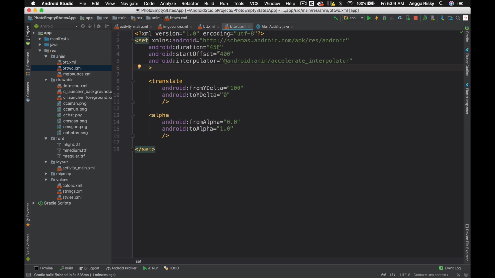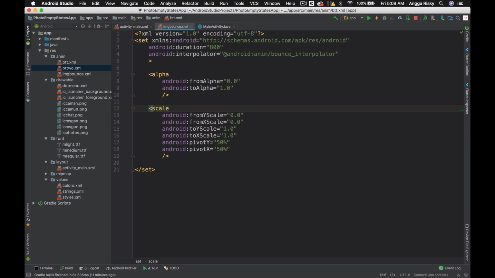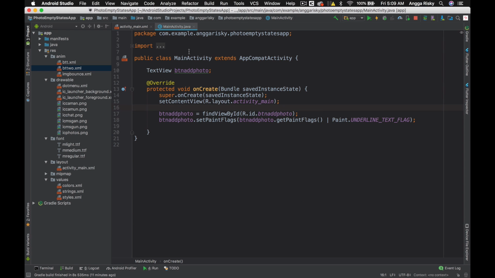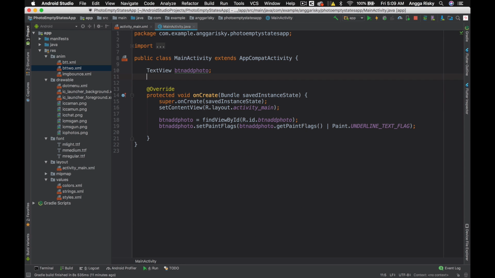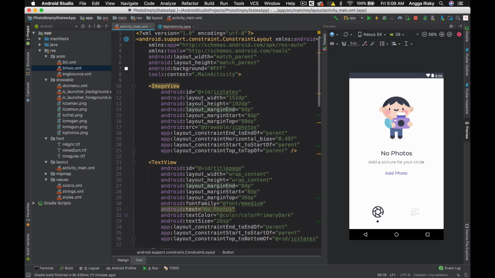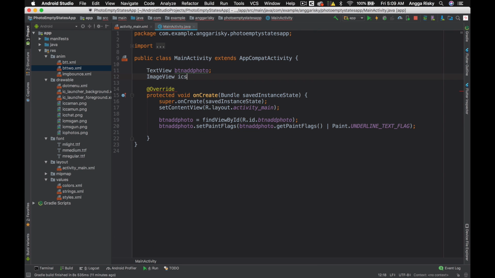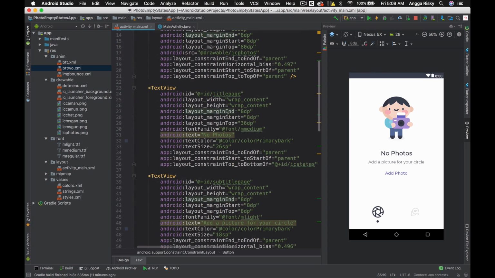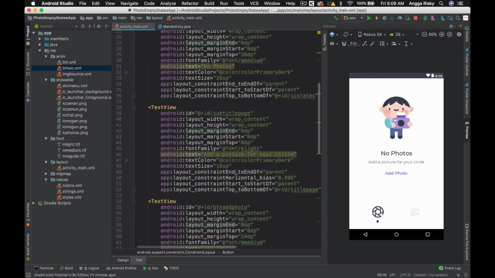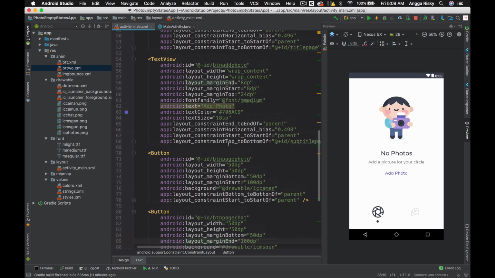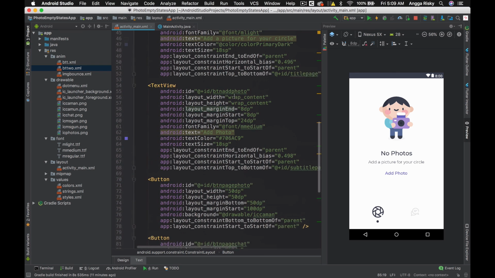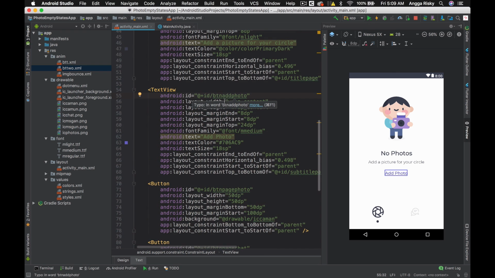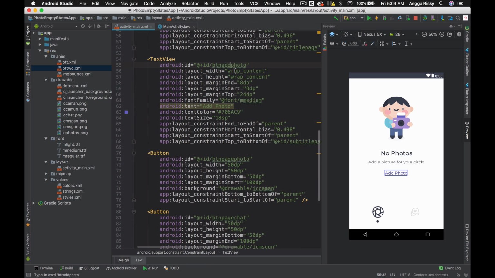Right now I'm going to close all of them and go back into the main activity, and I'm going to register the image view for our image view, this one, IC stats. Then we need the text view for the title page, for the subtitle, and for this one, button add photo, but we did it earlier.